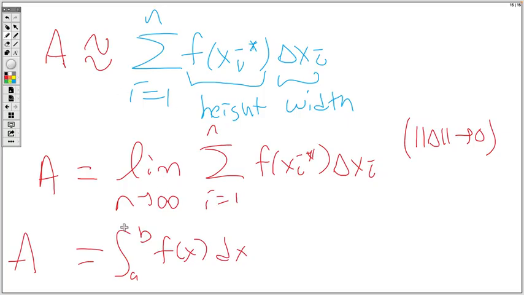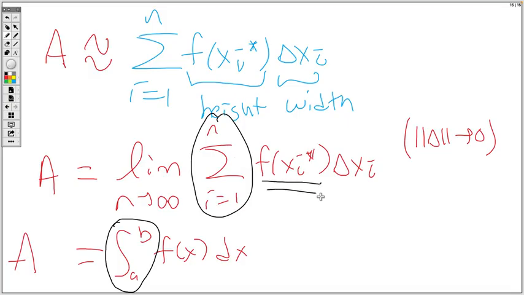where the integral sign was the continuous version of the summation. The f of x sub i star became the integrand f of x. The delta x sub i, the change in x, became the infinitesimal increment dx. Okay, remember that story? Now you're going to see this story over and over again between now and the end of the semester, because we're going to be chopping stuff up, sampling something, adding it up, and then taking a limit, and an integral will pop out. So it's, once again, very nice that this shows up here,